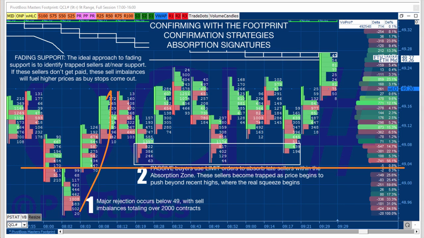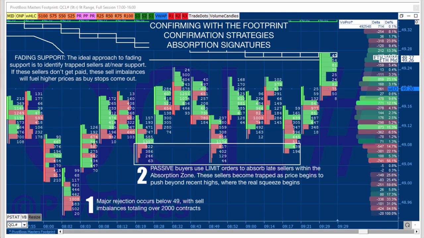Now what we want to do is look for trapped participants. So when price drops into that zone, look at all the sell imbalances that hit down there. Look at all of them. Again, another 1,200, 1,300, 1,400, 1,500 contracts down there, and price goes up. And then price comes down again, and those last 4 ticks again, more buying imbalances, and it's almost picture perfect. You can tell it's almost algorithmic or program based because the order levels are almost perfect. 800 and 800, 400 and 400, 200 and 130, 60 and 40. It's very, very similar.